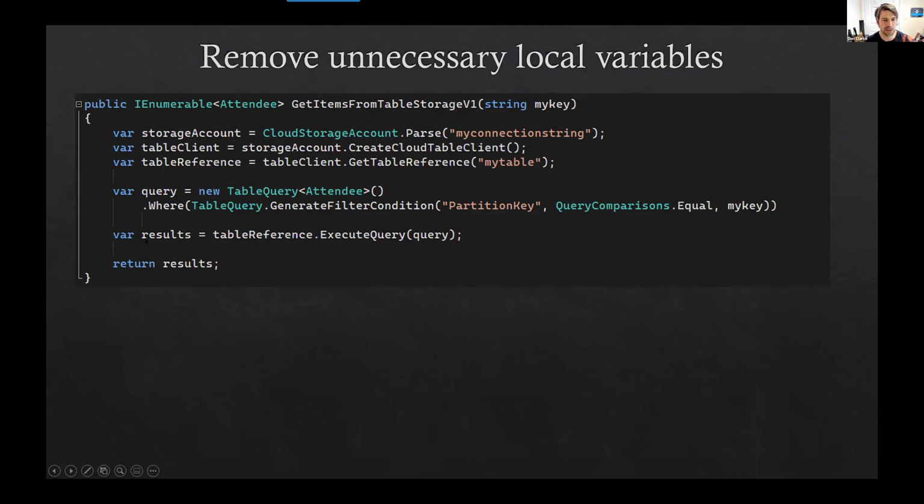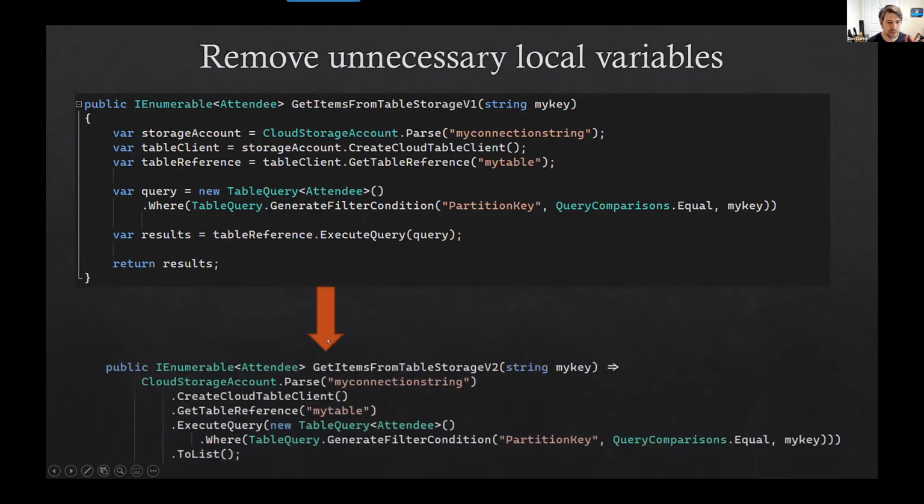So you can see there's lots of repetition here, which could be made a lot simpler. We could chain these together and it's nice and clean. It's just as readable. I think this is more readable, especially when you're used to fluent syntax. None of these obviously have error checking or logging or anything, so you might have to do more than this. It might not be able to be an expression body member, but